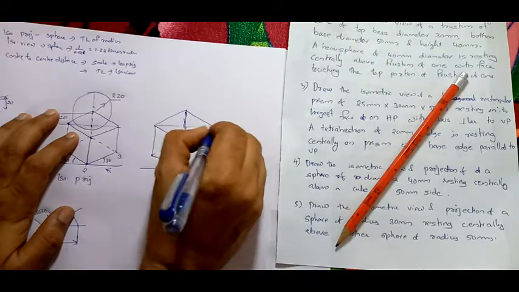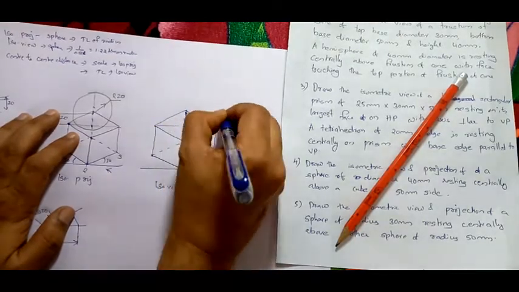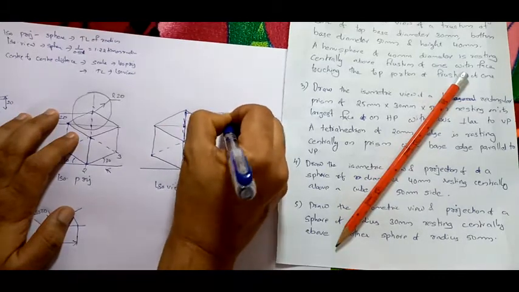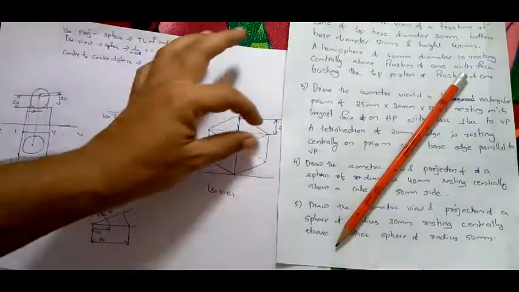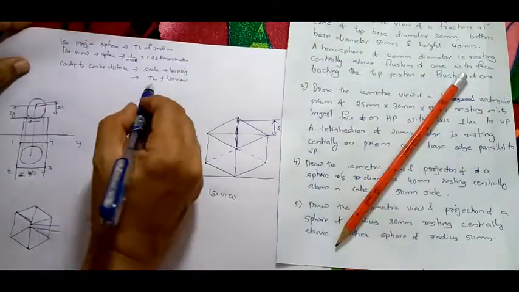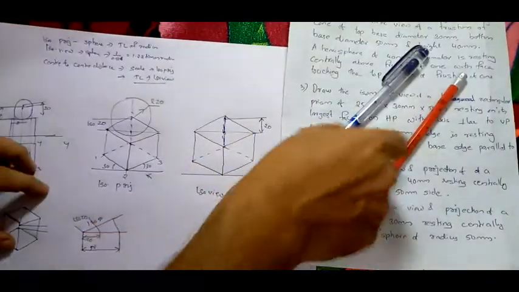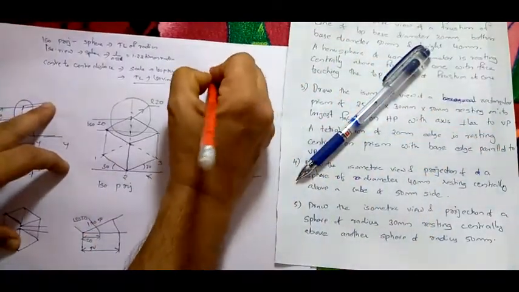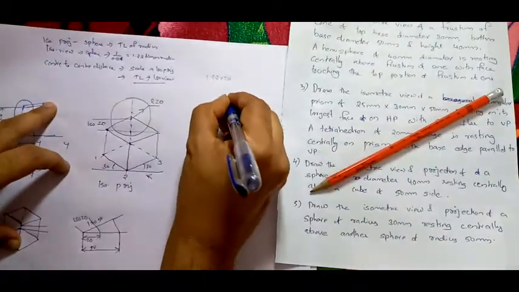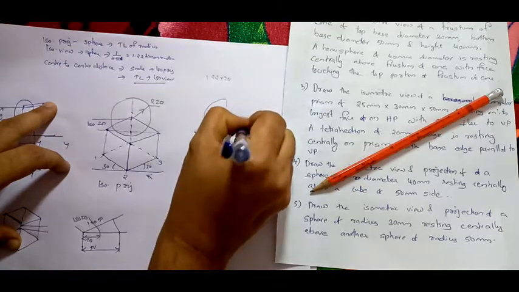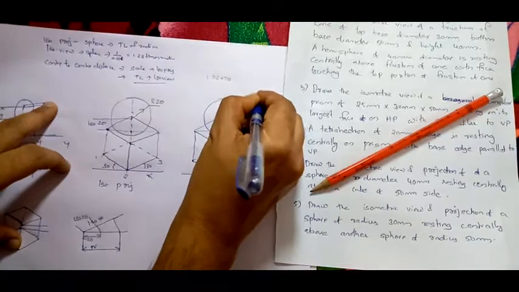Now what do you have to do? See, find the center. Here center to center distance will be the actual distance. Isometric view means center to center distance will be this same distance. This same distance you have to draw here, center to center. So center to center distance is true length in isometric view, and the radius is equal to 1.22 times r. So you have to take 1.22 into 20 and draw a circle here. So this radius will be equal to 1.22 r.